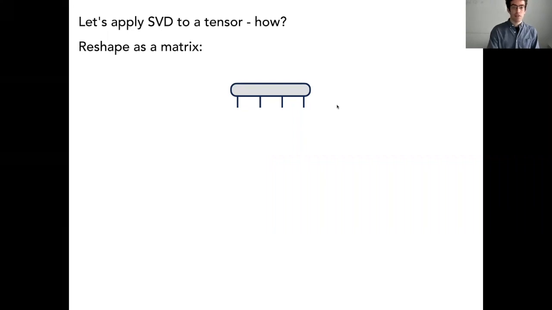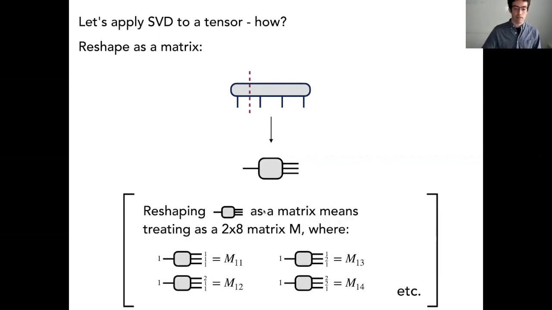So one thing we can do is we can just shoehorn it into being a matrix. We can say, let's arbitrarily divide off the first index from the other 3, and then let's reshape this thing as a matrix. And let me be really clear about what that means. What does reshaping mean here? It means that I have a matrix that's going to be very rectangular, where I have an entry like M11, where I set the row to 1, and I set all the column indices to 1. Then M12 is where I keep the row at 1, but now I tick to the next setting of the column indices. So basically, I use some kind of binary counting rule to come up with some way of ordering all the different states that the column indices can be.